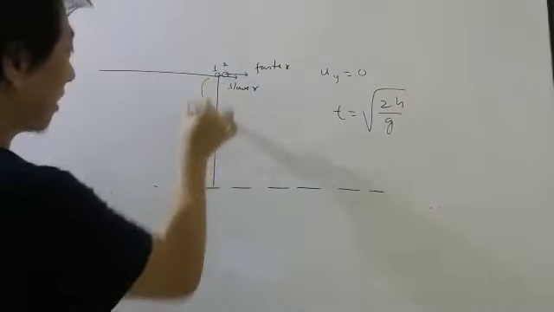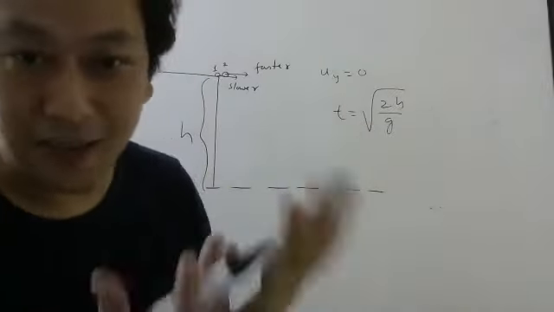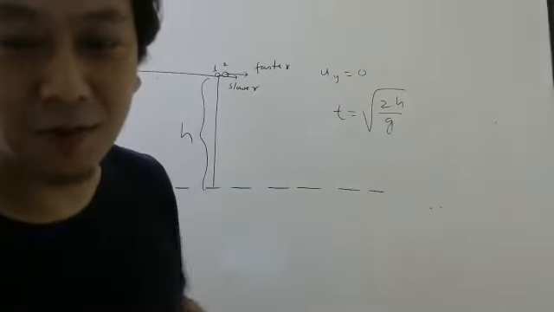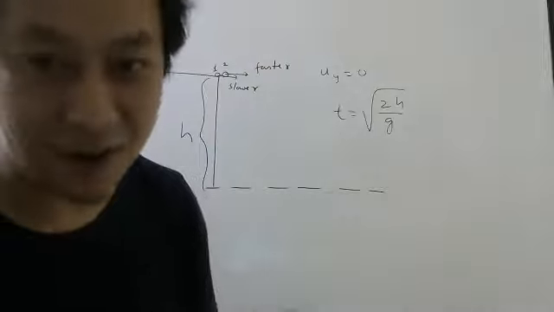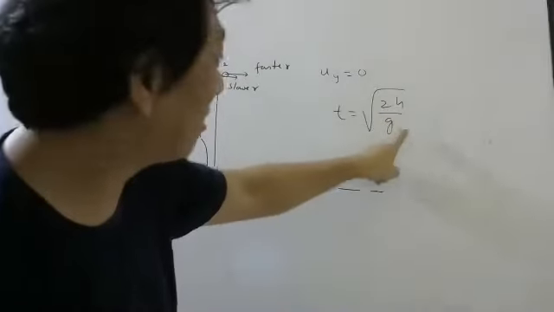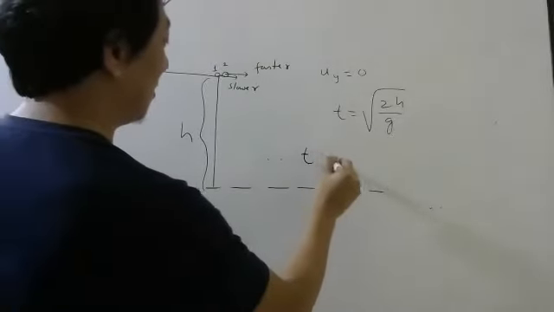Understood? And since both are falling from the same table, meaning the same height, and the same planet also. I don't think one ball is falling on Earth and another one is falling on Mars. Both of them are on Earth only. So h is the same, g is the same, so t will be the same. Therefore, t will be the same for both.